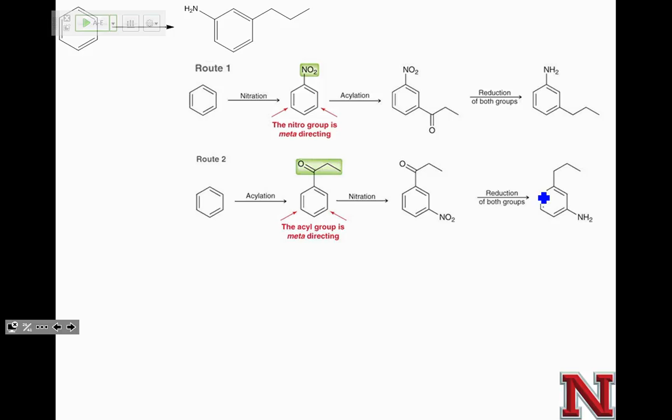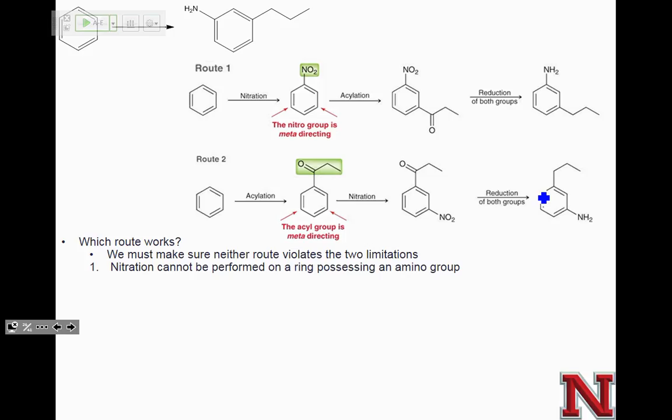Route 2 would be our acylation first. This is also going to be meta-directing. We can add our NO2 and then reduce both groups. However, in this case, only one route is going to work because route 1 is violating one of our limitations. Nitration is not being performed on a ring that already has an amino group, so we're good there. But